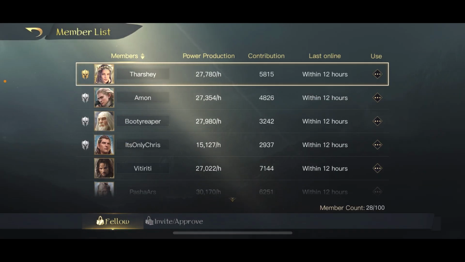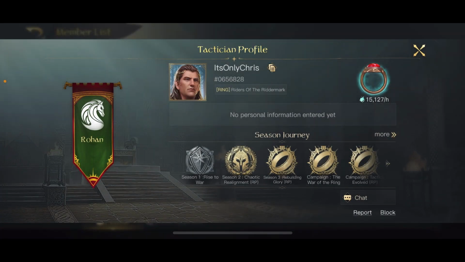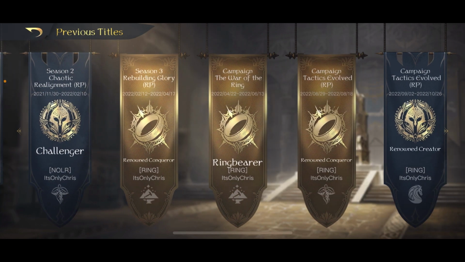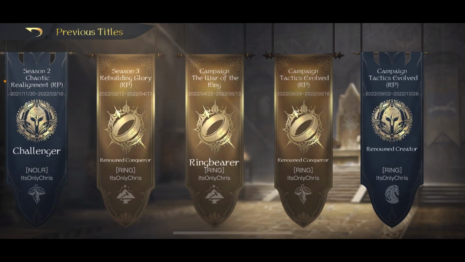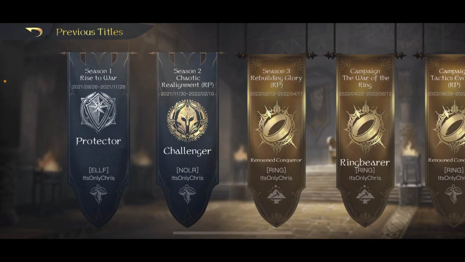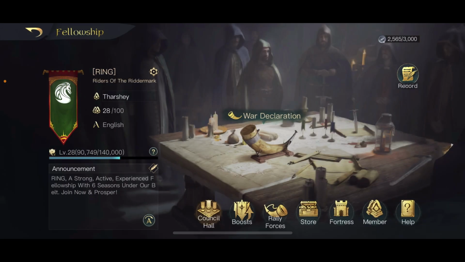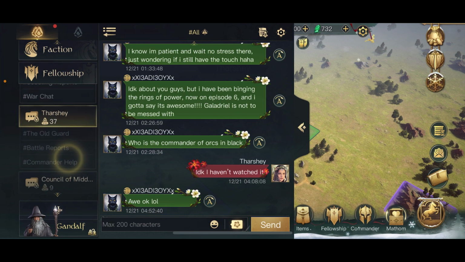If we look at It's Only Chris, we go to more. Can I click that? There we go. We can see that he's got 1, 2, 3, 4 seasons with us. So that's 4 seasons of experience, 4 seasons to build and get to know everybody else in Ring. And he's also got 2 other seasons, which is 6 total seasons of experience. So fortunately, we don't have too many of the old guard in the season because a lot of them,